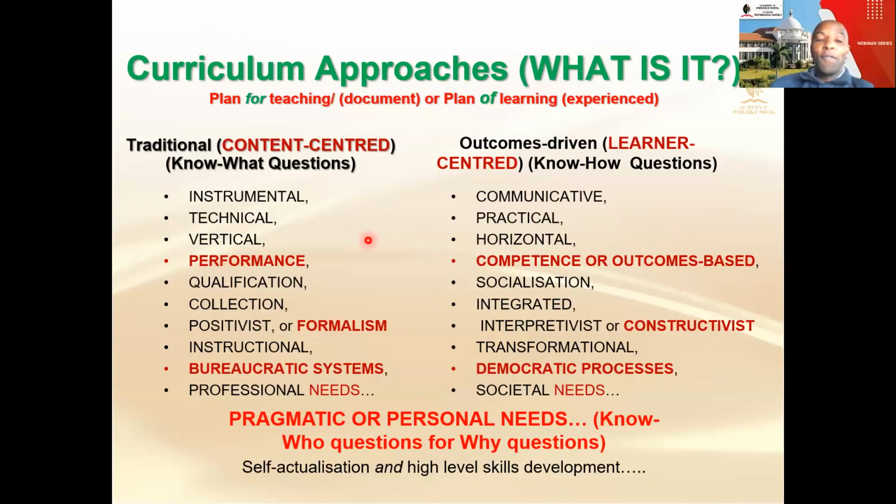But if I take the opposite, I will just go to my class knowing the outcome. The outcome is that learners should be able to produce a table using application software. Then I'll go to the class, which will have computers. I'll tell learners, today we have to produce a table. Therefore, in front of you, you have computers. You must produce the table. I'll give you 20 minutes.